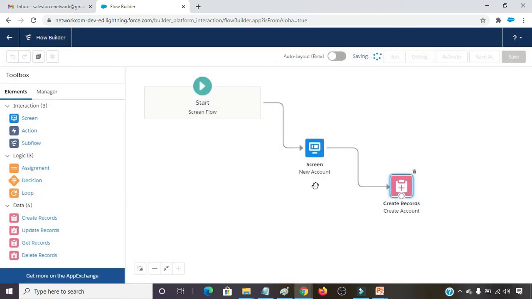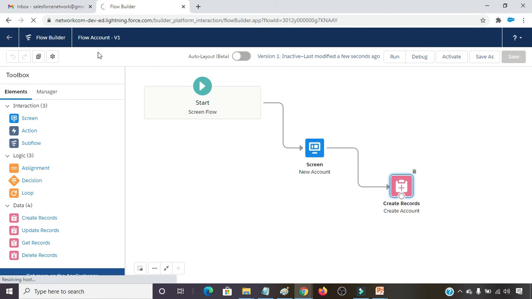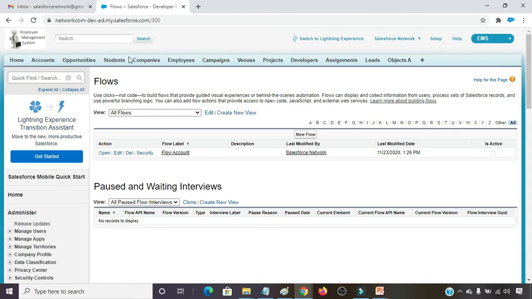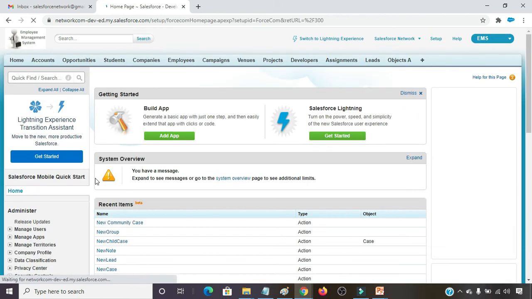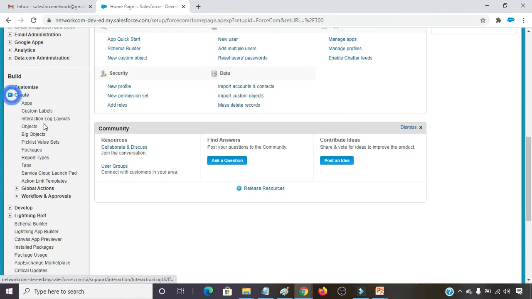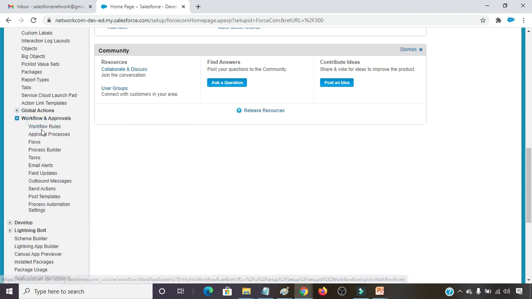Click on the save button. Now just go back and enable Lightning runtime for flow. To enable Lightning runtime for flow, click on setup, build, create, workflows and approvals, process automation settings.